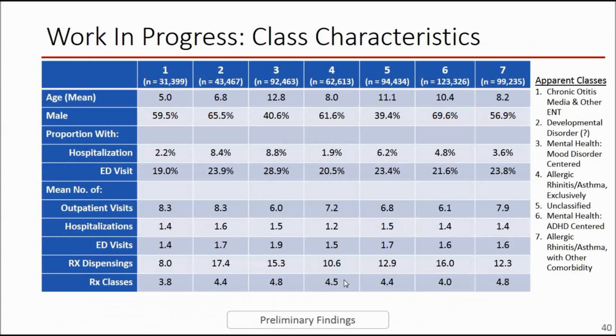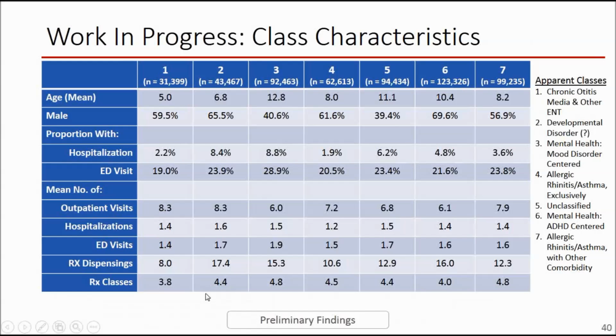This is prescription dispensings annually on average. If it's an asthma group and they have 10.6 prescription dispensings annually, even if those are all their asthma medications, are they being adequately controlled? Would you expect 1 prescription a month, in which case the average should be 12? So there's still some additional investigation that can happen in these groups.